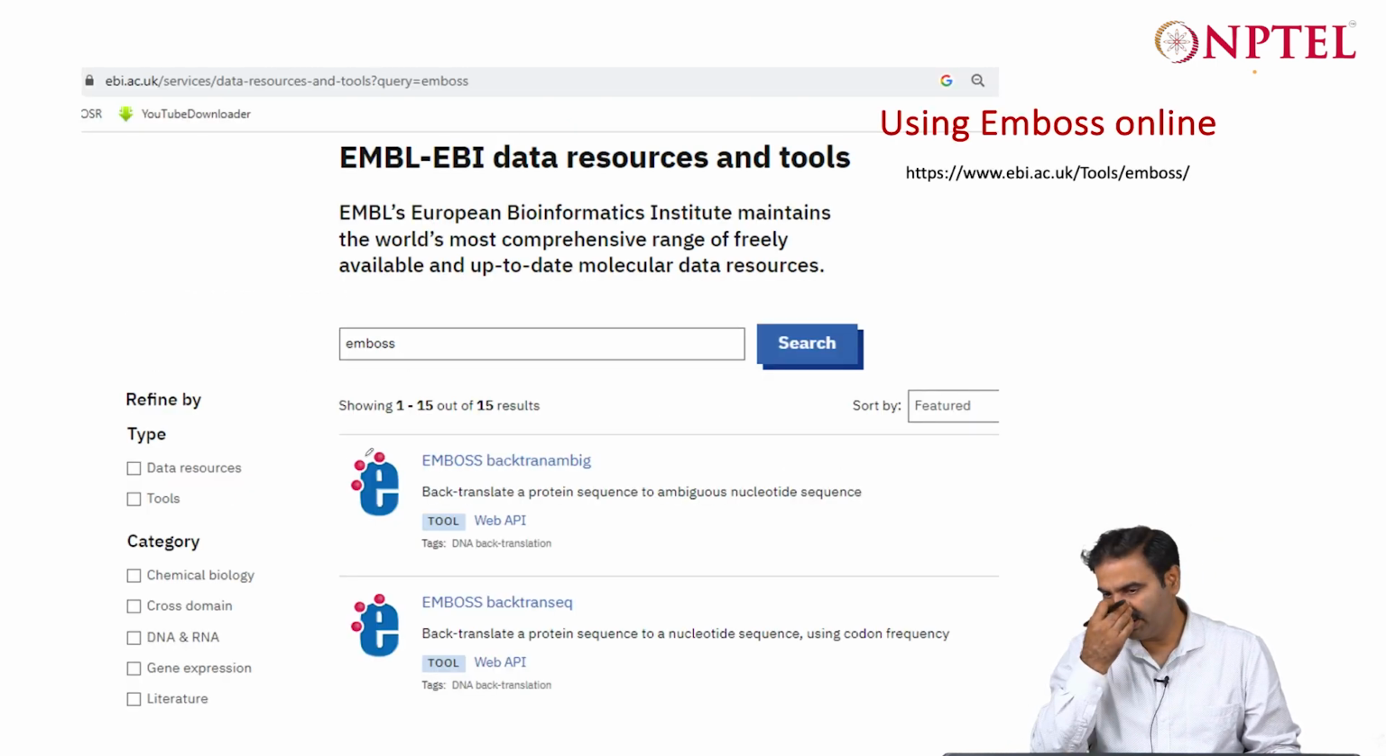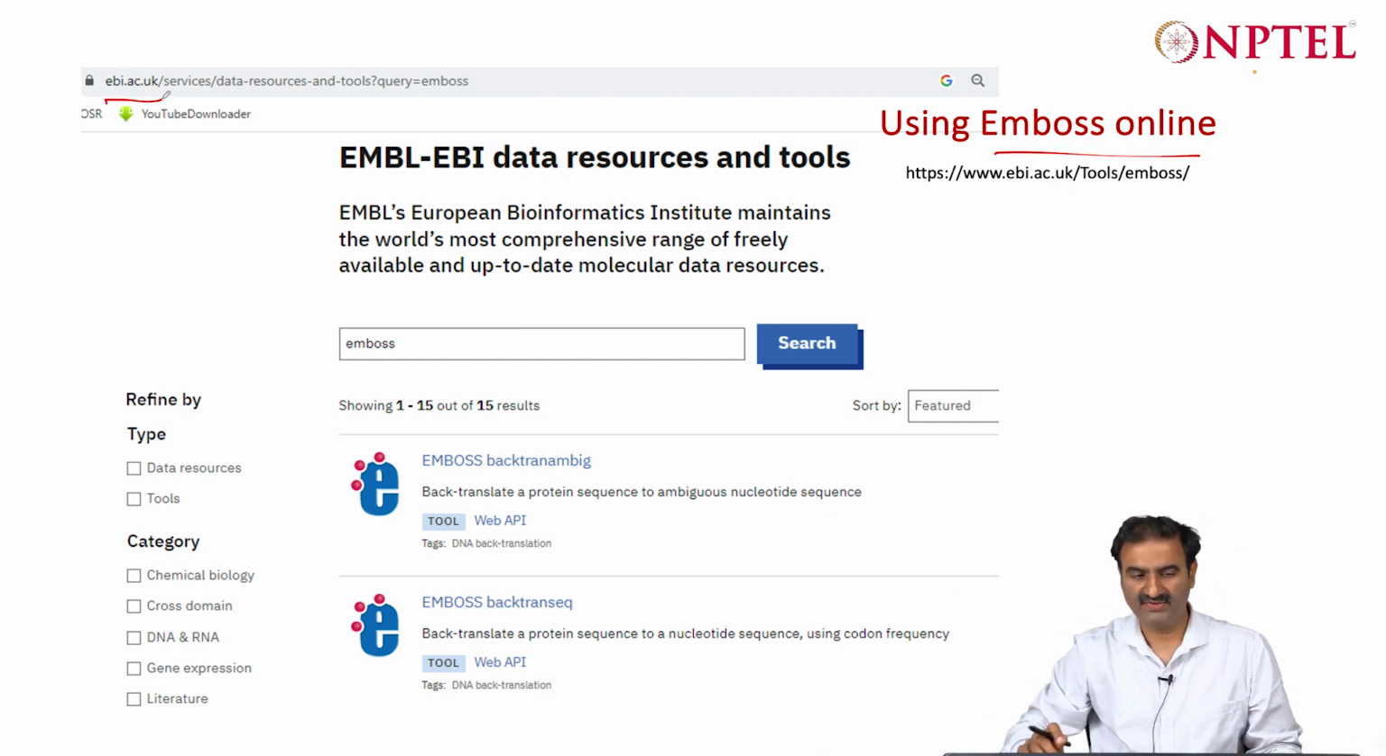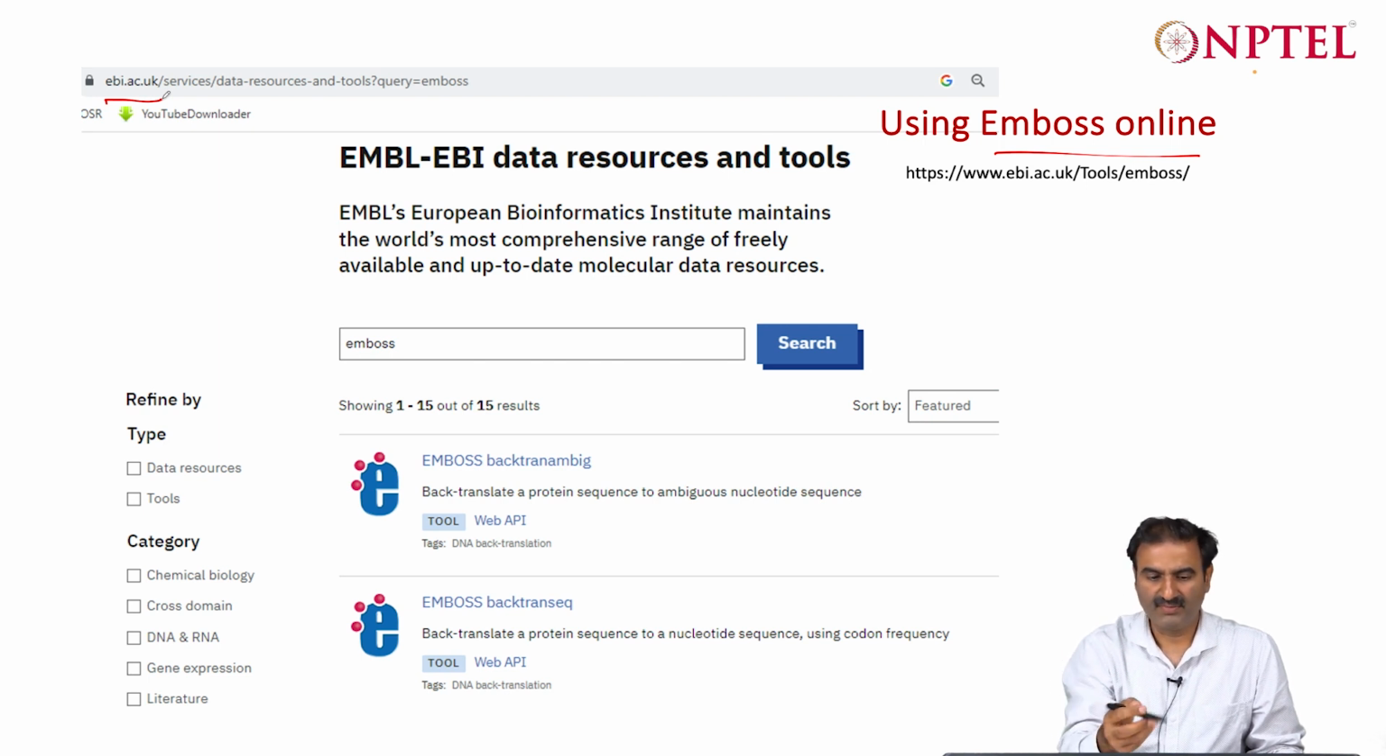Okay, so this is the EMBOSS website to use it online. It is offered by EBI, ebi.ac.uk is the site. EBI is the European Bioinformatics Institute, ac is for academic, and uk is for United Kingdom, right? And it has a suite of EMBOSS-related software like EMBOSS Backtranambig,